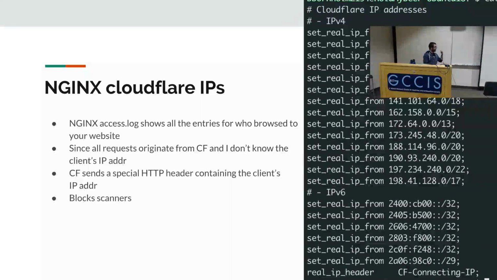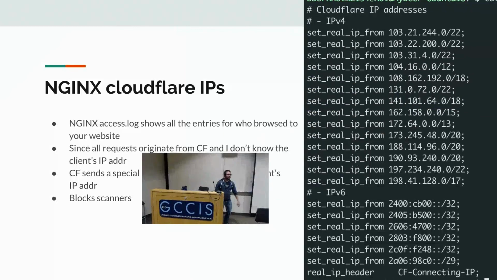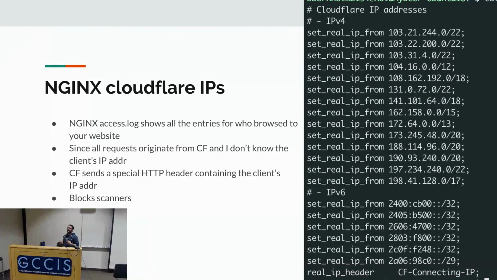Something I didn't know is that when you set this up at first, you actually get Cloudflare's IP address as the originator of the request, right? This is actually kind of a problem and can cause issues. There's some kung fu that you can do. Cloudflare provides a special header with the client's IP address. I want to pull that out and store that as the originator's request, not Cloudflare. So kind of things to keep in mind, things I didn't know at first.